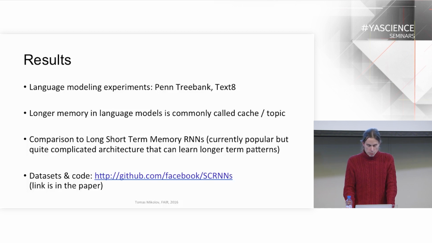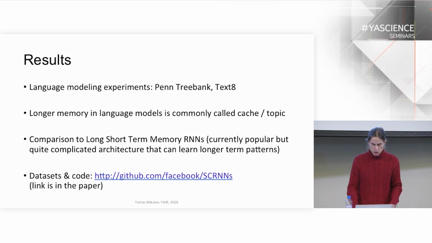People did actually develop models called cache models, which are complementary to the baseline Ngram models. The cache models basically just build some very simple model from the recent history of, say, the last 100 words. So it's like an adaptive part of the language model, and that gets interpolated with the probabilities given by Ngrams. It's super simple, but this is very much what the LSTMs are doing for language modeling tasks as well. So the explanation of their success can actually be super simple.